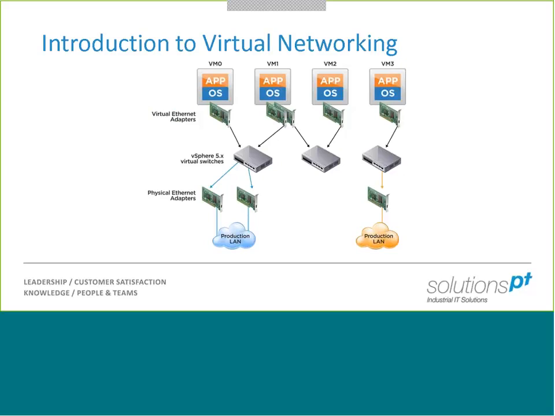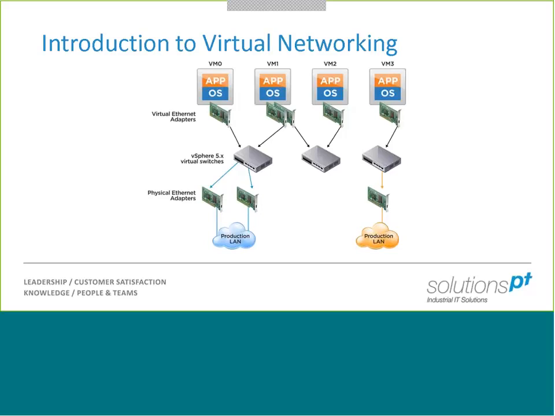Okay, so this little image here will hopefully help to show the main components in a virtual network and where they reside within both the physical and the virtual layer of things. So if we start right at the top, we've got VM 0 to VM 3 there. So we've got VM 0, 1, 2, and 3. They're essentially our virtual machines. So imagine that entire layer there at the top is sitting on one physical piece of hardware.